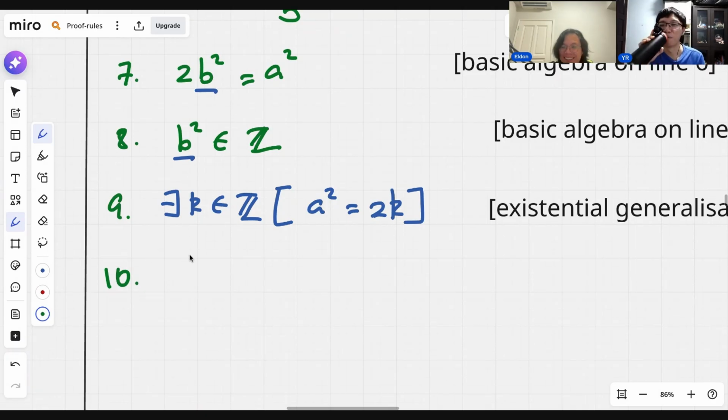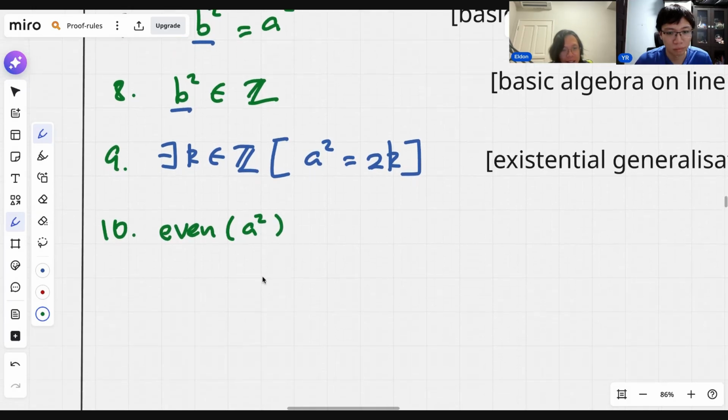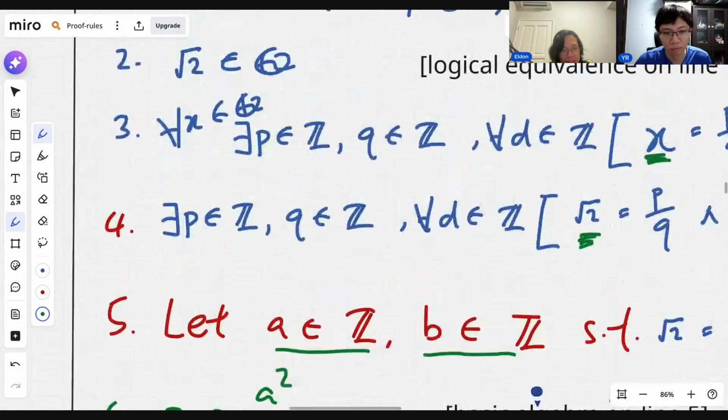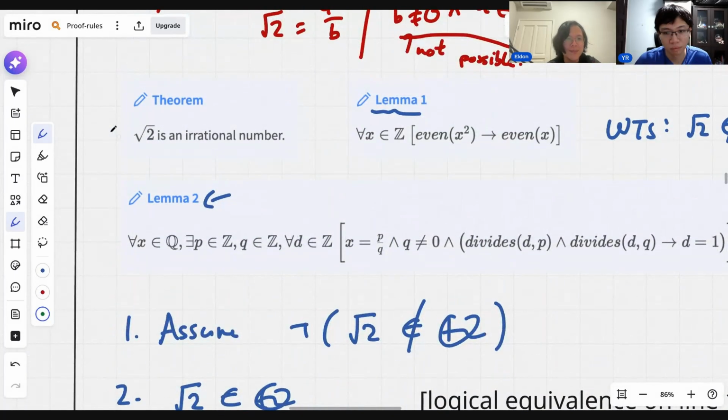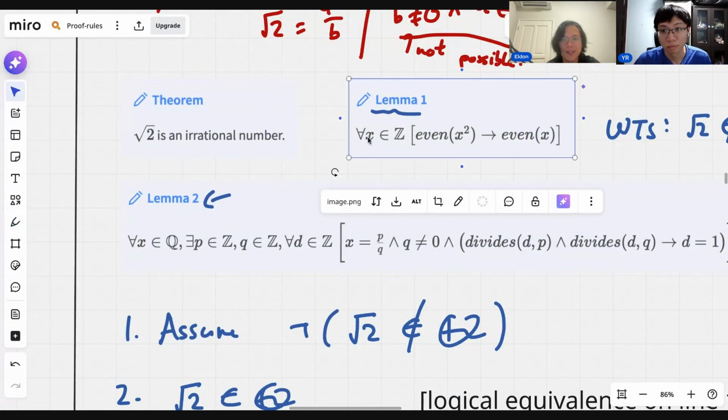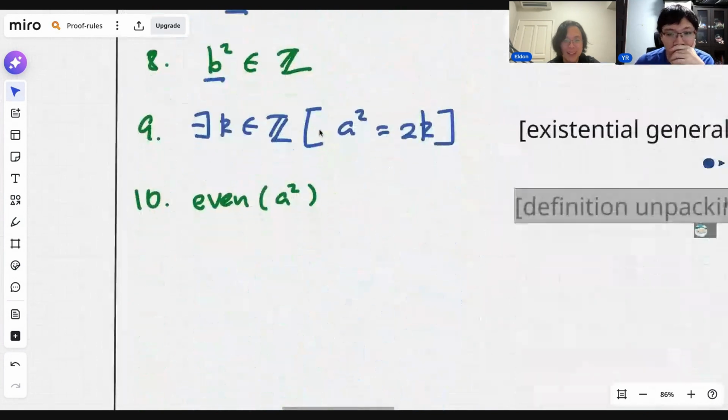Okay, let's keep going, right? So we know for a fact that there is an integer K such that A squared is equal to 2K, which means that we can now say, by definition of even, this means that A squared is even. Okay, now for the sake of time, because I don't think you all want to see me handwriting this directly,